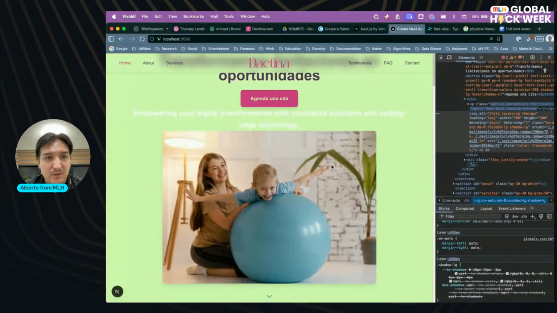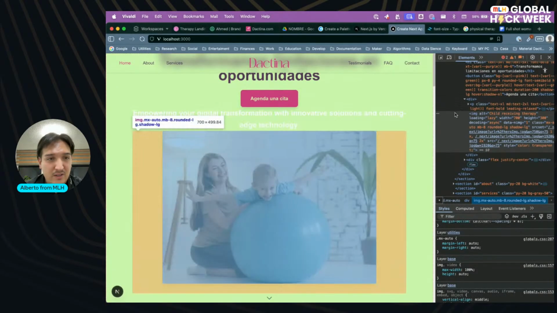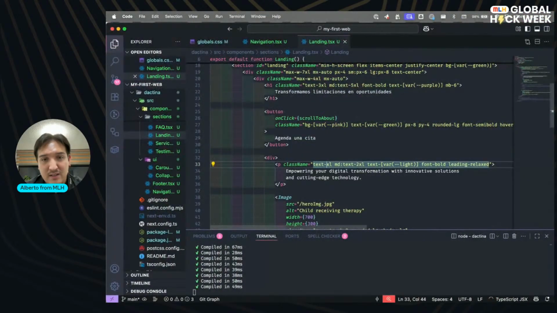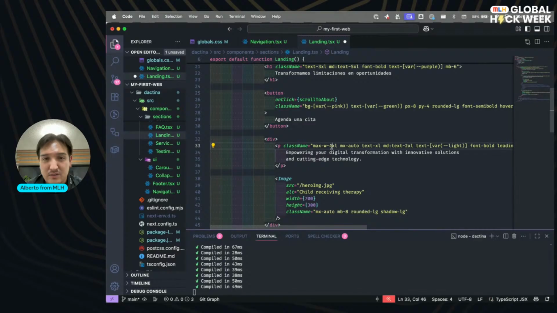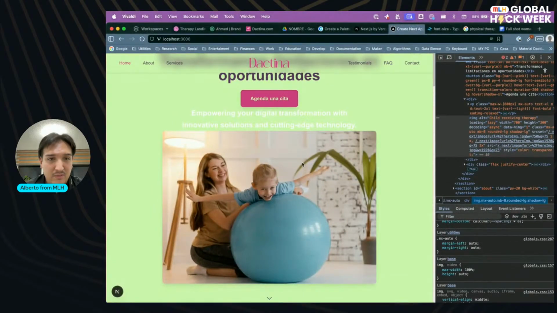And let's see how it looks now. Well, the problem now is that we need this to have a max width of 800 px, 600 px. Okay, perfect.